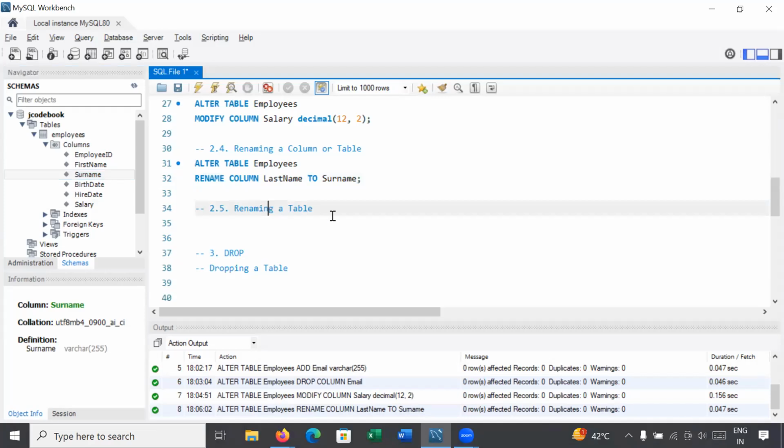How to rename a table? Sometimes you would like to rename a table. So how will you rename a table? Simply you will use an alter command. Alter table employee, and you will use a rename. So guys, SQL queries are not case sensitive. You can write in the capital letter also or in the small letter. So I will use the rename